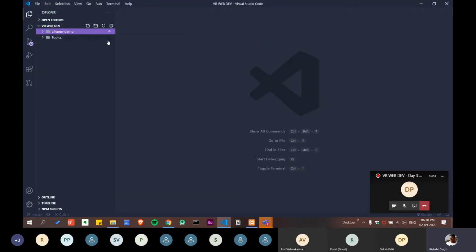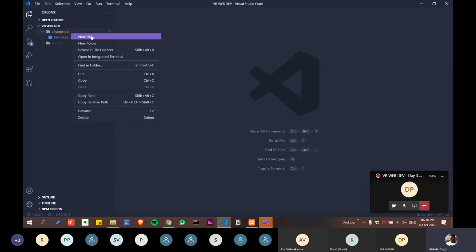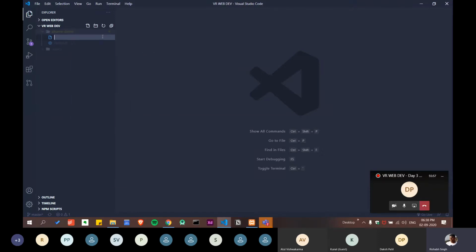Now I'm going to right-click on this folder and create a new file, and the name of the file I'm going to give is index. You can give any name, but I highly recommend you use index. Why do we use index?